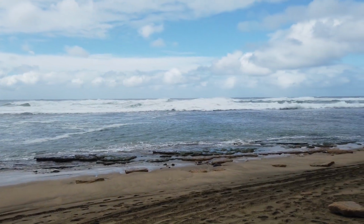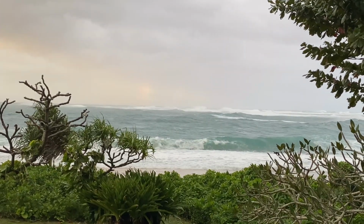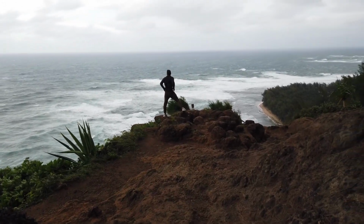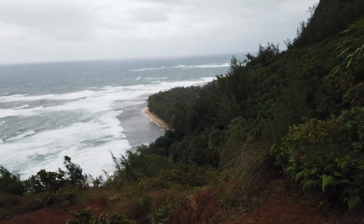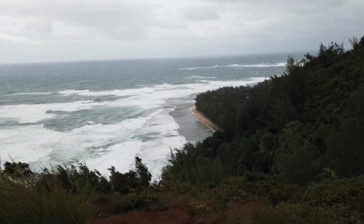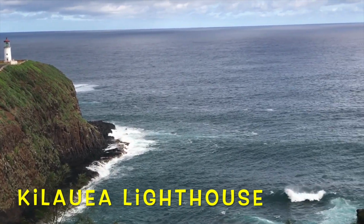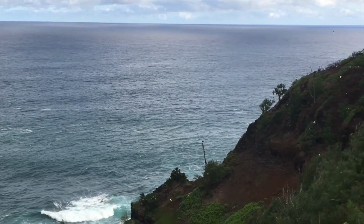This part receives the maximum rainfall of the whole of Kauai and also has the tallest and most powerful waves that we have seen anywhere. Hence, it is prone to flash flooding, landslides, and many other calamities. When the conditions are safe, it is a surfer's paradise and you can catch the many professionals taking on huge waves so skillfully. For things to do, we recommend checking out the Kilauea Lighthouse,